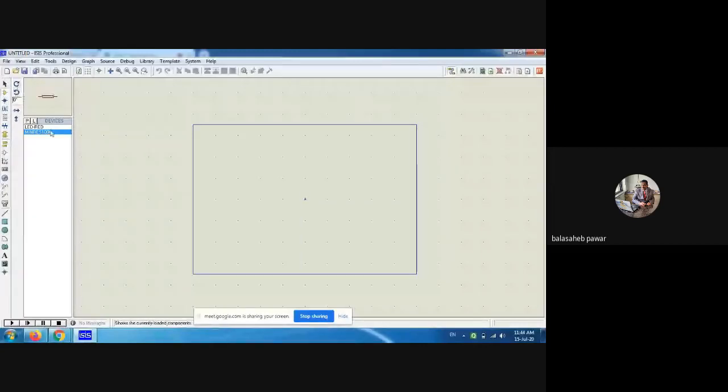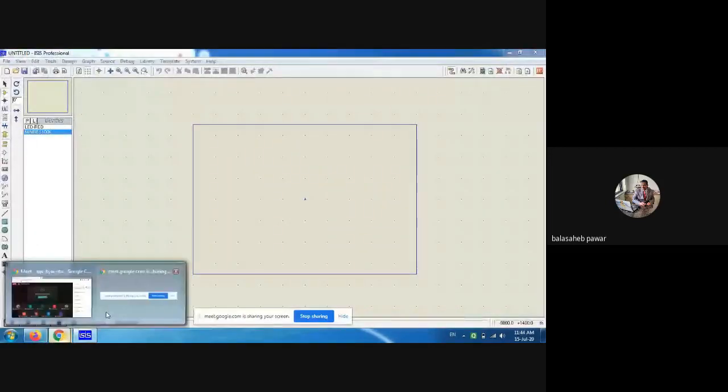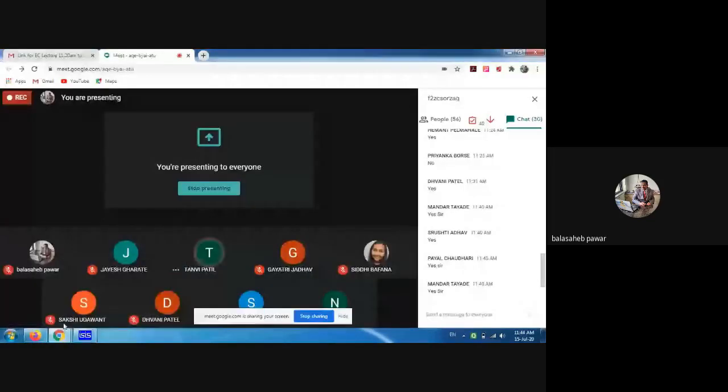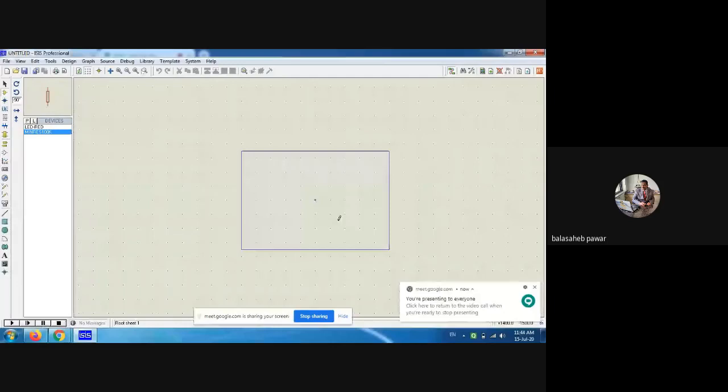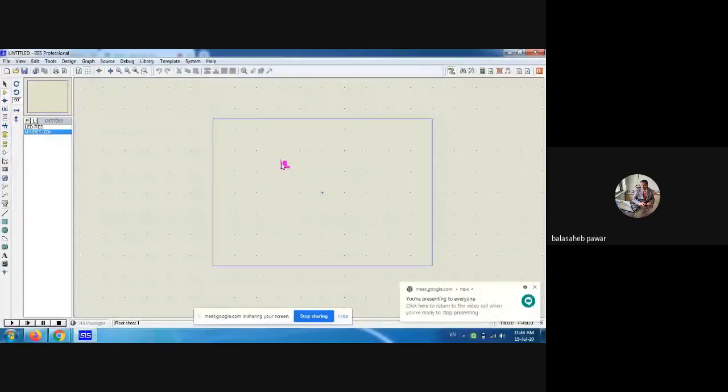Whenever you select it, it looks horizontal over here, is it? Yes or no? Yes, sir. Okay. So select that resistor and rotate it like this. Once it is vertical, you can place it in this given window like this, and you can scroll down.